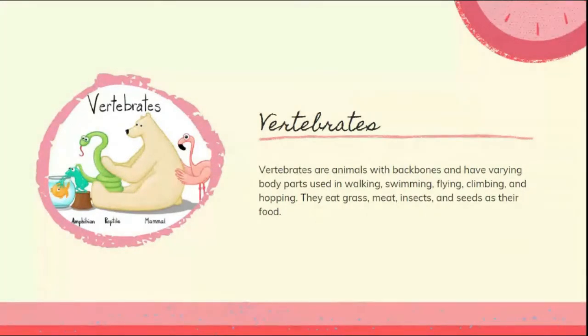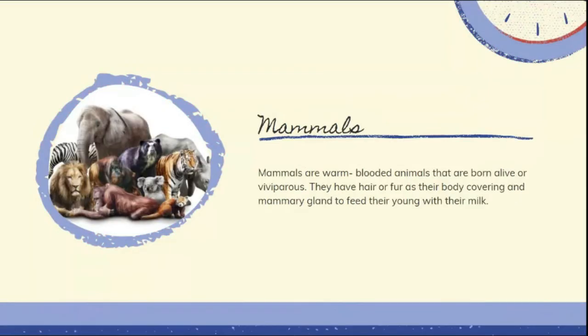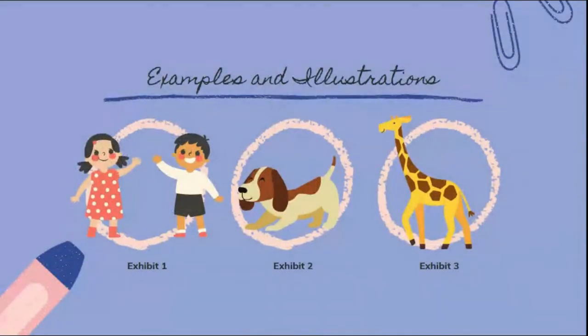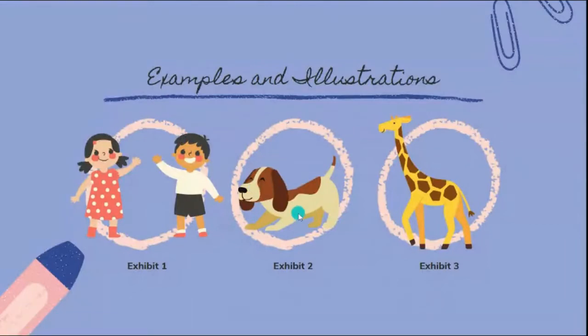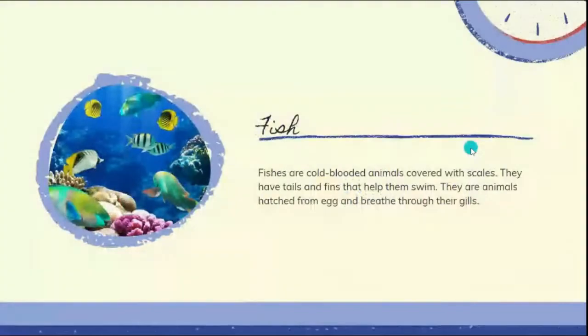So mamaya, i-discuss ko isa-isa yung mga group of vertebrates. Starting off with mammals. So mammals are warm-blooded animals with hair and vertebrates or backbones. Unlike other classes of animals, female mammals produce milk to nourish their young, and almost all mammals give birth to live young. So, nandito tayo sa grupo na to, humans are mammals. So these are examples of mammals, human, mga tao, mga aso or dogs, and giraffe.